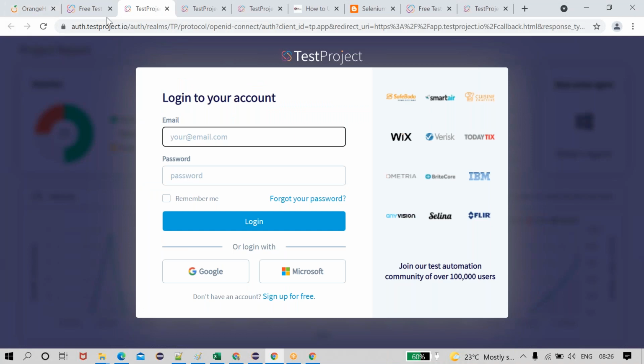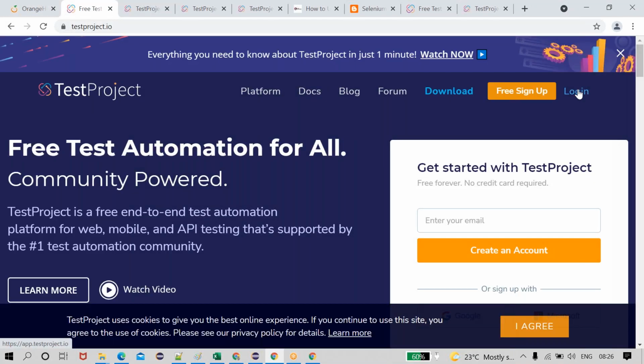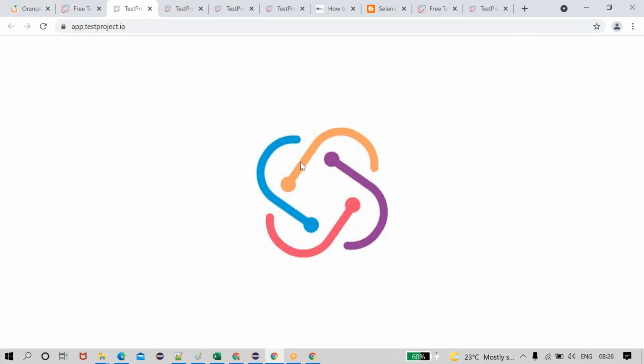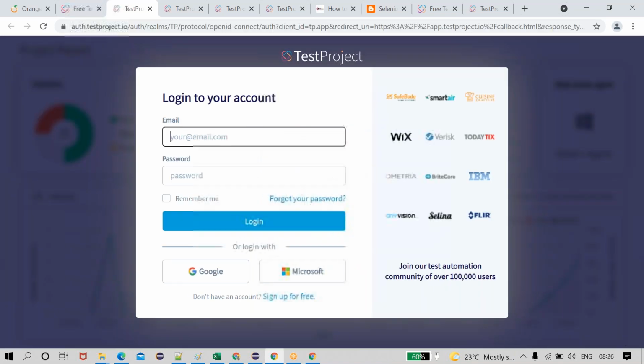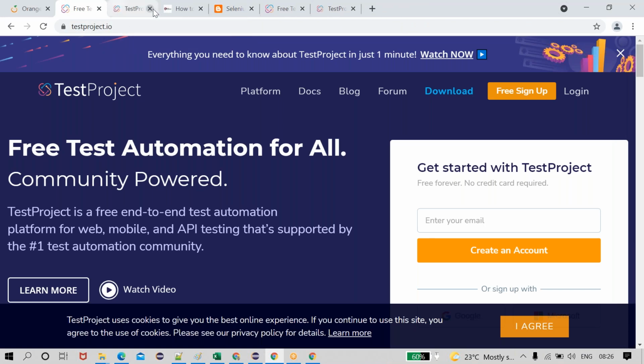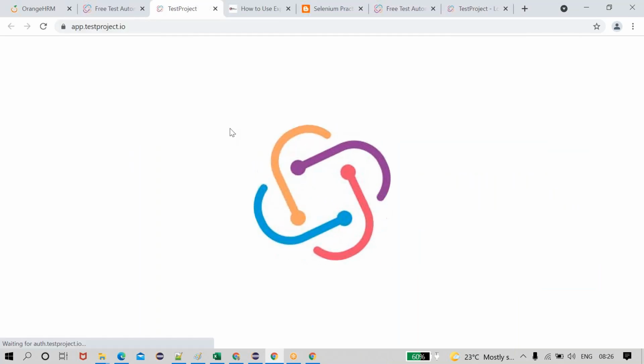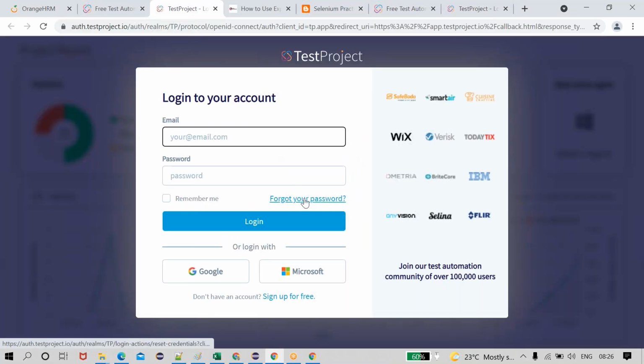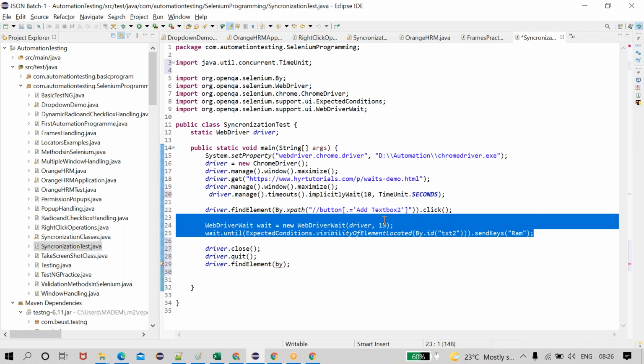See, now it is taking less time. I know this. I can predict it because it is taking a max of 8 or 9 seconds. But we don't know how much time it will take to load the login page. I can say that it is a max of 5 seconds, a max of 10 seconds. If my network goes slow, or if my network is very fast, I don't know how much time it will take. In this scenario, if I implement